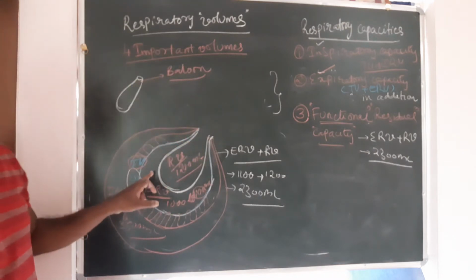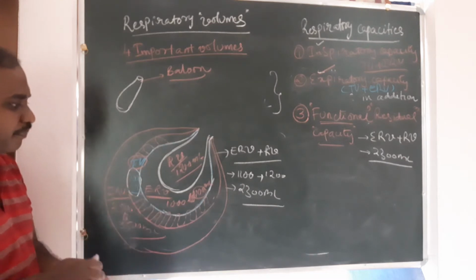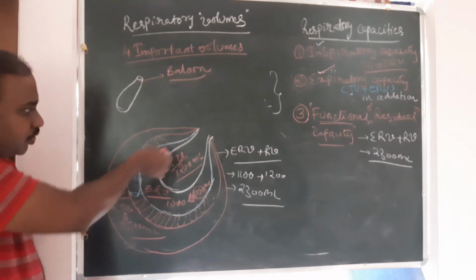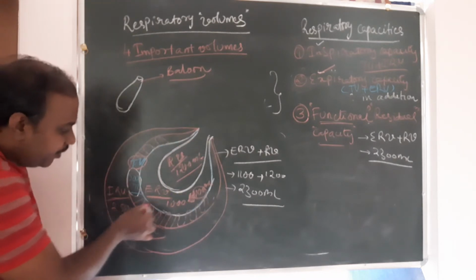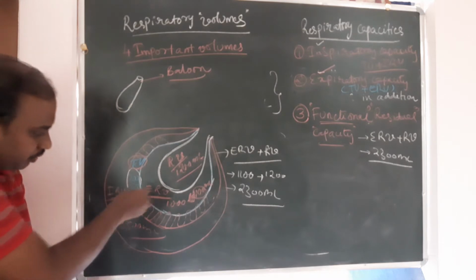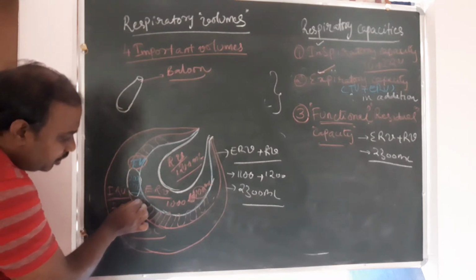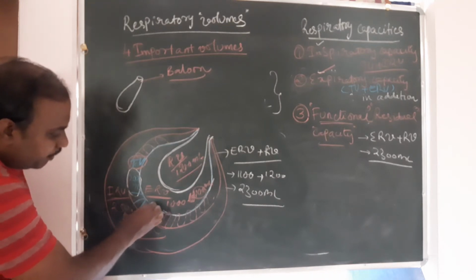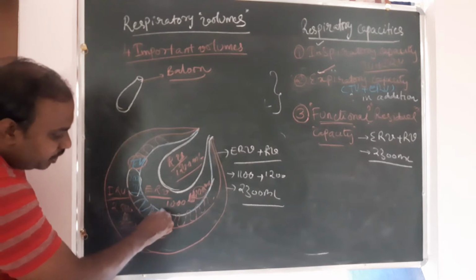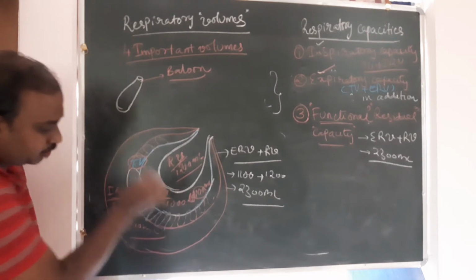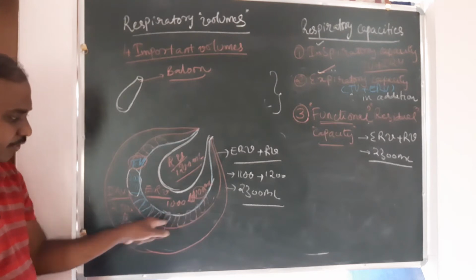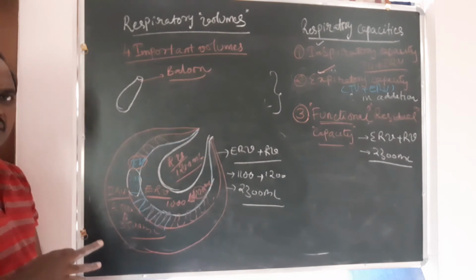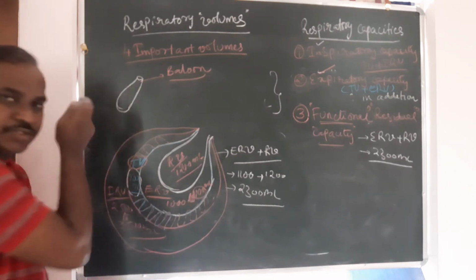I'll get back to this one more time. Quiet breathing, tidal value, isn't it? So this is where your quiet breathing happens. What does this indicate? So this is the inspiration, 500 ml. Then you have the expiration, 500 ml, and again inspiration, expiration, inspiration and expiration. So that keeps happening in the lungs as you go by in your day. So this is what happens.